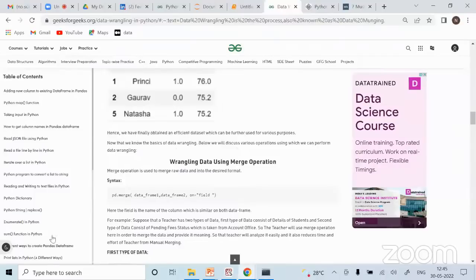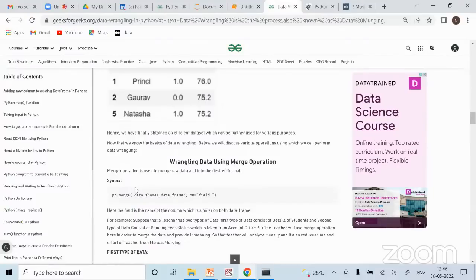Now we will discuss various other operations, some more advanced operations of data wrangling, right? Because this much is not all that basic. If it was so simple, everybody would be super happy and doing this analysis, right? But it is not that easy. Okay, it is easy, but it's not that simple also. There are some more advanced operations under data wrangling. So let's get them one by one.